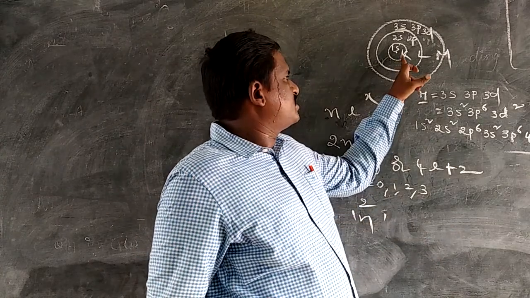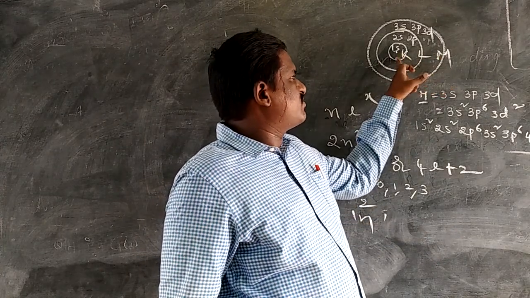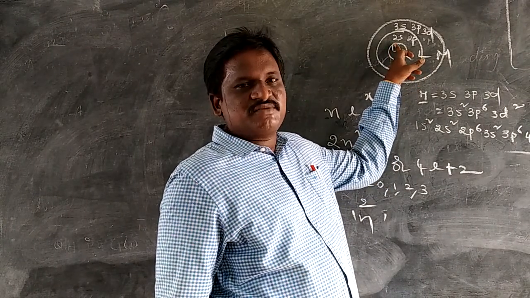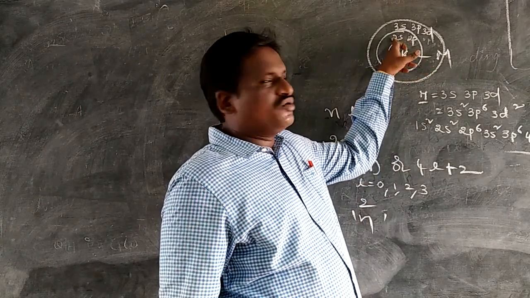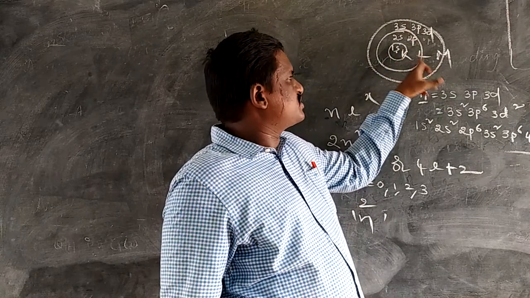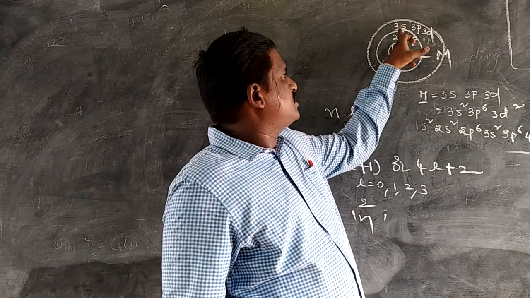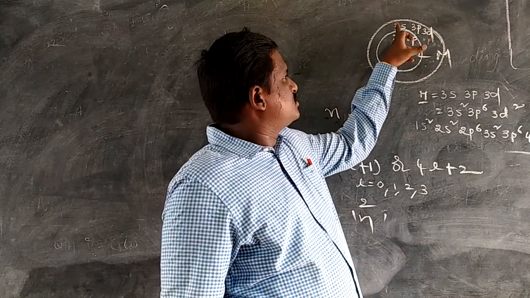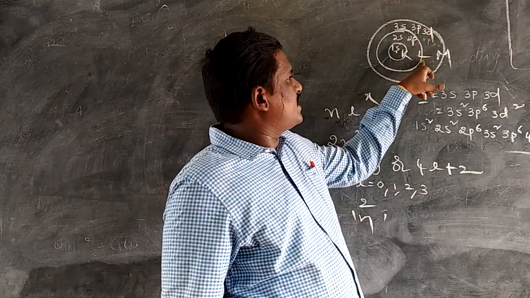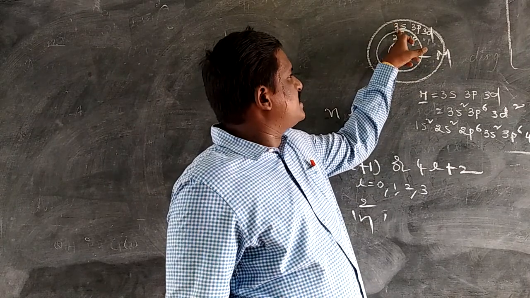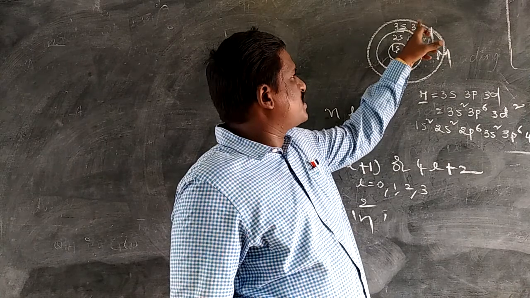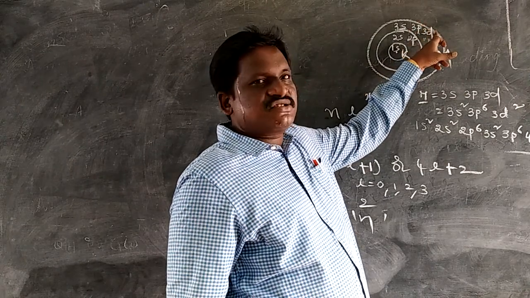Everyone listen carefully. The M shell is equal to K shell and L shell. K subshell is 1s maximum, 1s2. L is 2s2, 2p6. After this one is the M shell. M shell contains 3s, 3p, 3d subshells. The M shell total is 3s2, 3p6, 3d2. Total 10 electrons. 2 plus 6, 8, 8 plus 2, 10.